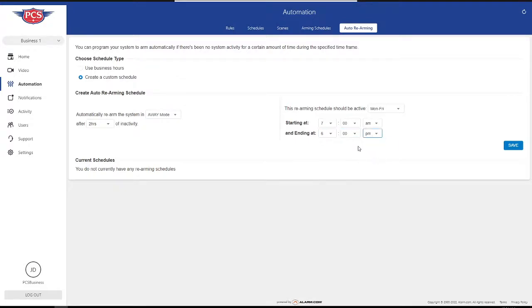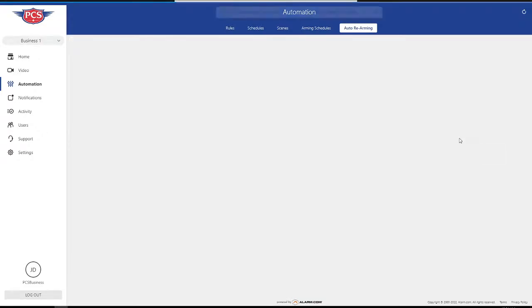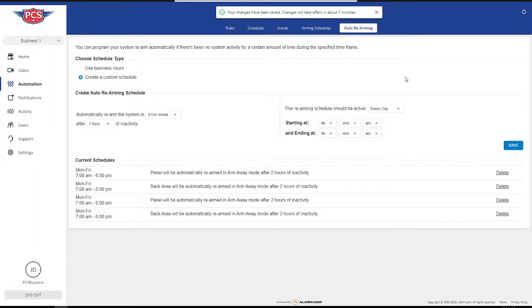So now between 7 and 6 p.m. if there's 2 hours of inactivity, it'll automatically be armed away as well. Setting all of these up helps you with your automation tasks. If you're going to automatically disarm the building, it's extremely recommended that you set up rules to automatically rearm, relock, because you can't automatically assume that somebody is going to be there every day to basically set this building back into a locked status. That's the general functionality of the automation tab, so the only thing that's really left is